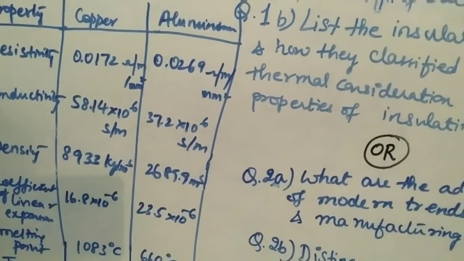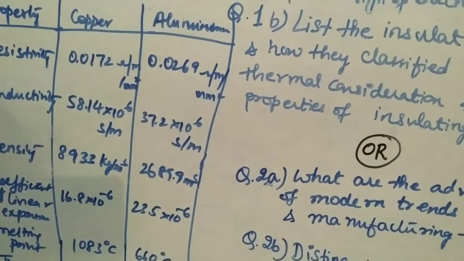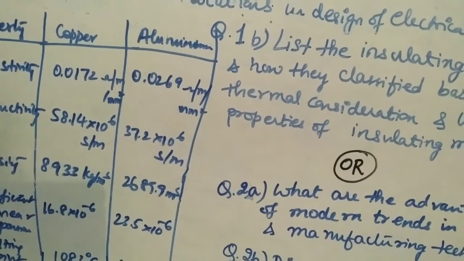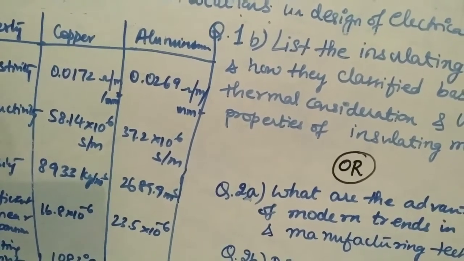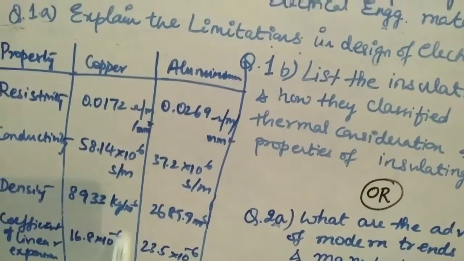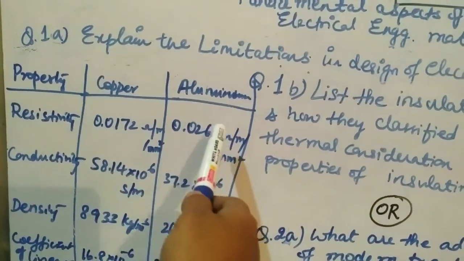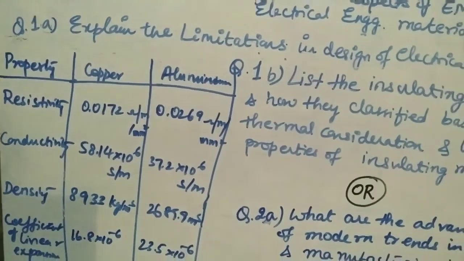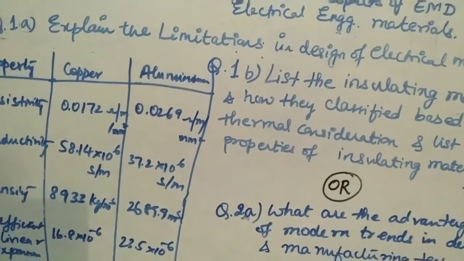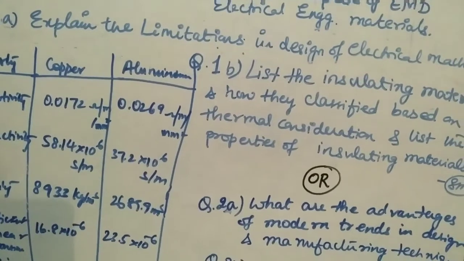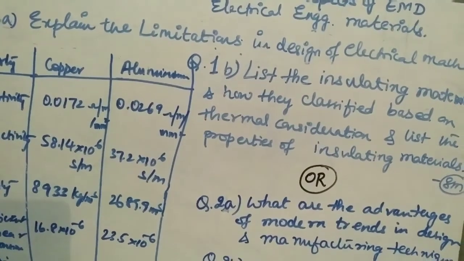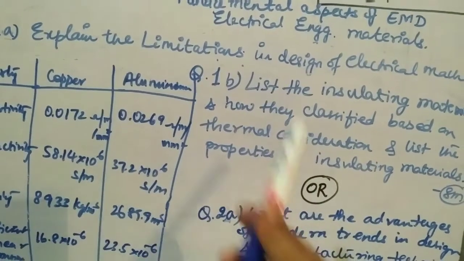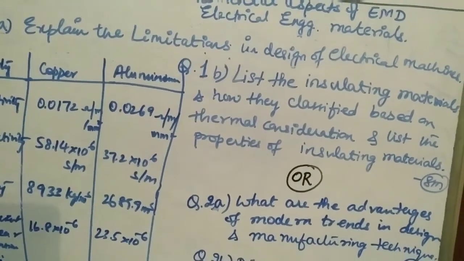Here they have asked, what are the desirable properties of magnetic materials used in electrical machines, and also explain any 2 conductors with their properties. Any 2 conductors means these 2 conductors, copper and aluminium, and these are the properties which you have to write in the form of a table. That completes another question paper, that is December 2018. So you can see that the questions are getting circulated over here itself.